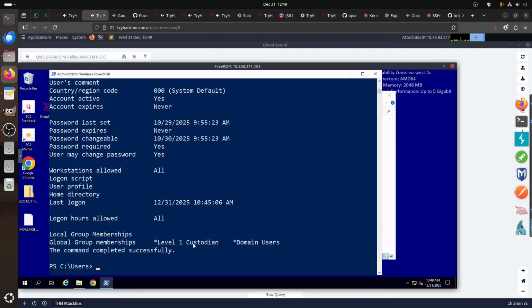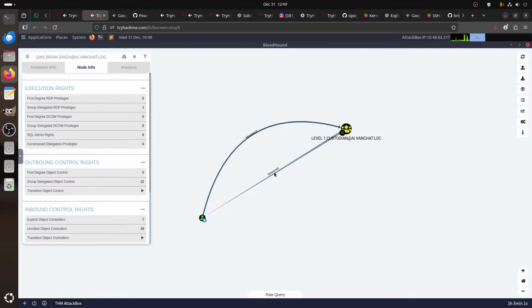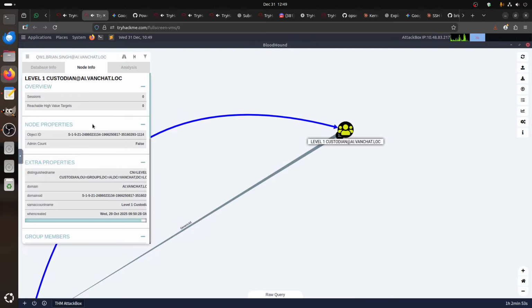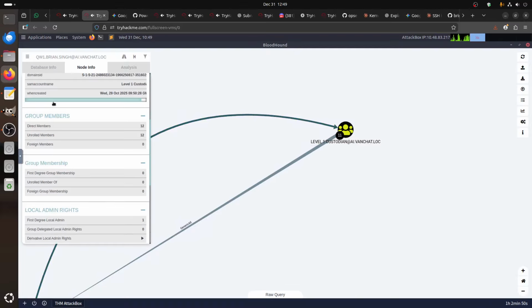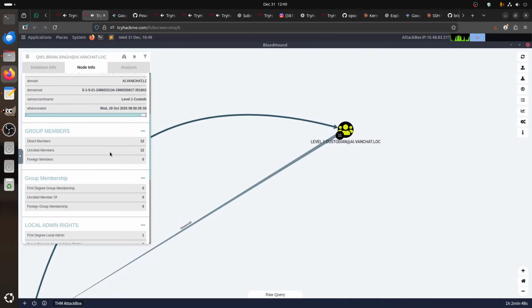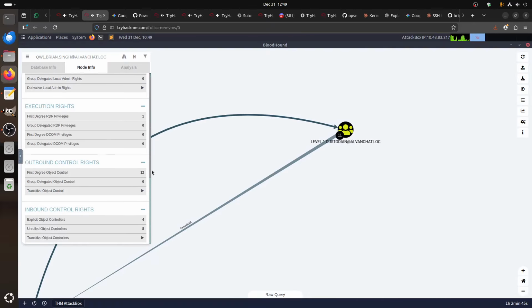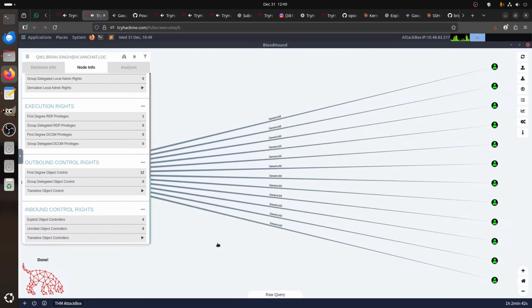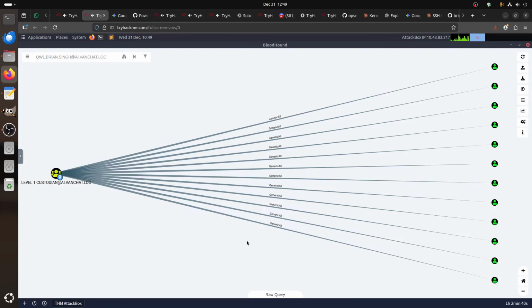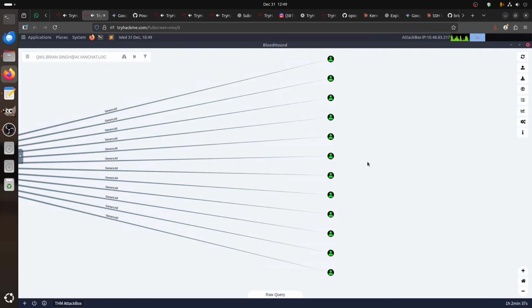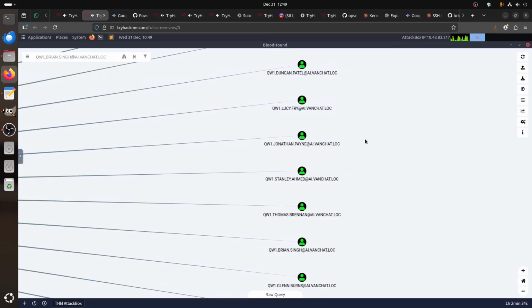You can see this level 1 custodian. Remember this when we tried analyzing here. Suddenly now you have a generic in level 1 custodian. There is 11 on it. Let's click on this level 1 custodian. The outbound control rights, we have approximately 12 objects, and that's where the answer will come. If you look, there you go, here you find our friend QW1 Lucy, our friend Lucy,